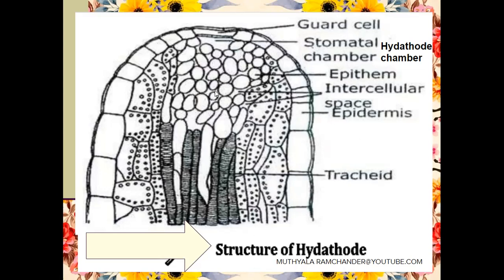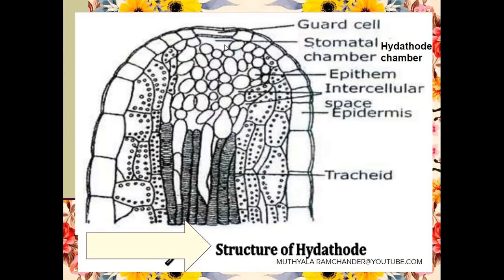The epithelium tissues are loosely arranged. If the epithelium tissue receives the excess water, the excess water is transported to the cavity, meaning the stomatal chamber or hydathode